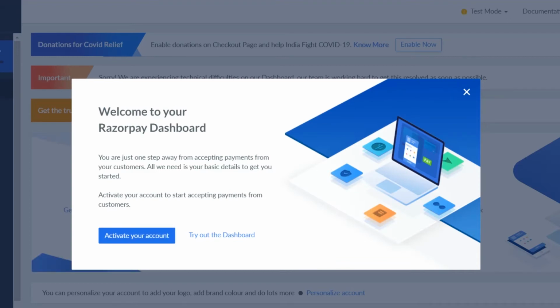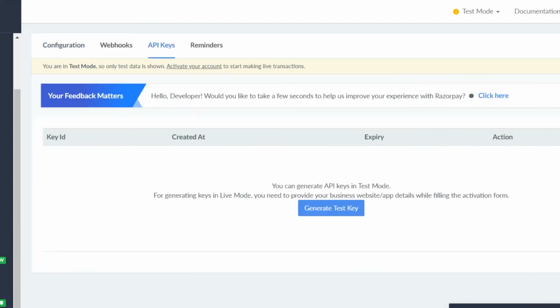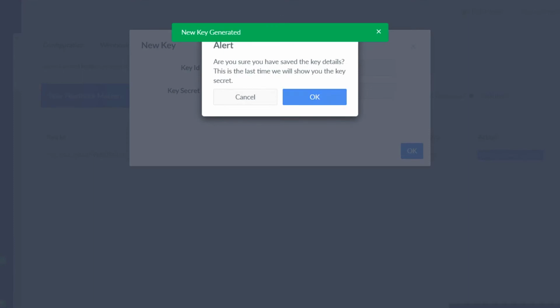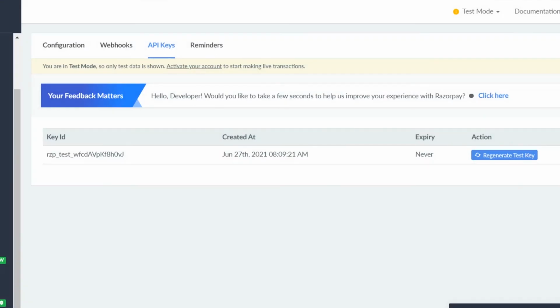So we are now at the Razorpay account and it's saying that activate your account. Okay. So yeah, first we will see that we are getting the API key for the test ID. Actually we get the test ID, so we don't need any account activation and all those submissions, because you have to give your PAN card and all those things for the live account, and after that you have to upload and verify. Okay. So this is the test key which you will get from Razorpay, and after that you have to use it in your application.